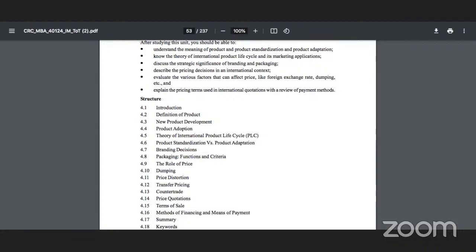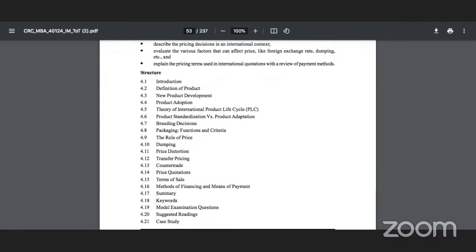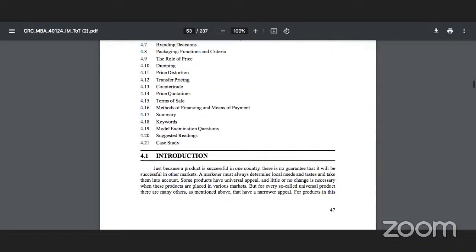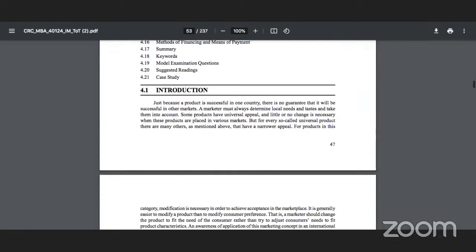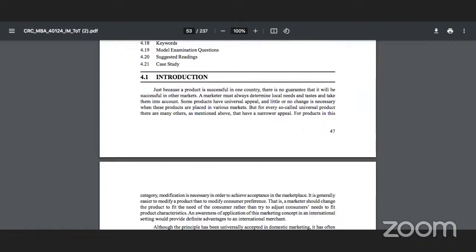So, in terms of the structure, this is the structure that we will be discussing today. That is the introduction followed by product definition, the product development, and so on and so forth. So, let us first move to the introduction. So, what is this chapter all about? So when we are talking about